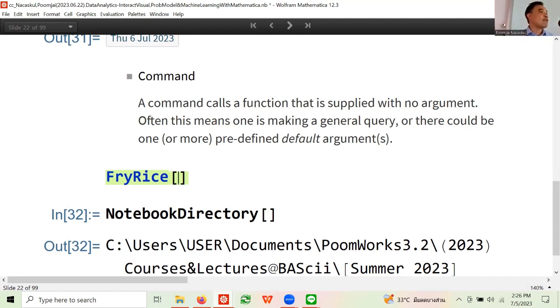Some function can take as many arguments as you like. For example, list. You can put in 5 arguments, it's a list of 5 things. You can put 10 arguments, it's a list of 10 things. So function in this case is more general than the concept of function. For those of you who've been to a real math class, you say function going from R2 to R1, right? It's always 2. That function always takes 2 arguments. If you give it 1, it complains, it dies. If you give it 5, it dies.